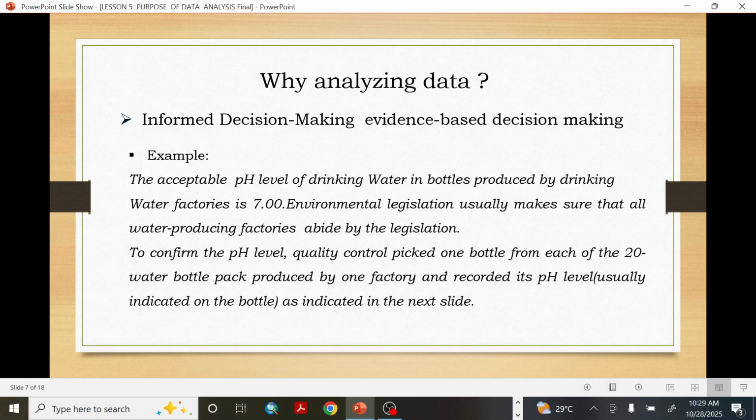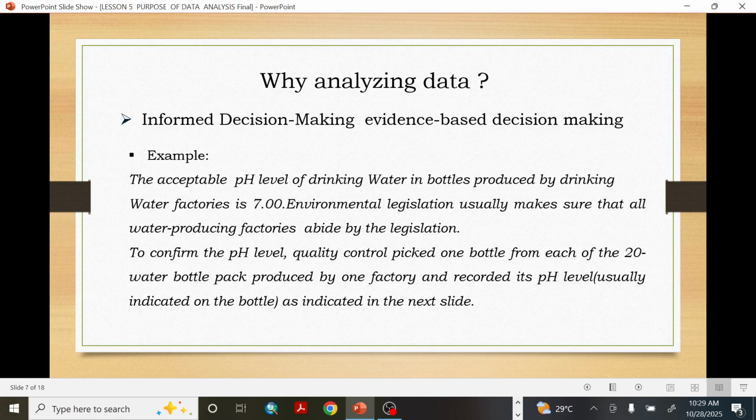The acceptable pH level of drinking water in bottles produced by drinking water factories is 7, because it is just the pH of natural fresh water. And usually legislation wants to make sure that the drinking water has a pH which is actually acceptable. And to do this, the quality control usually carries out a random picking of bottles from the water produced, put in